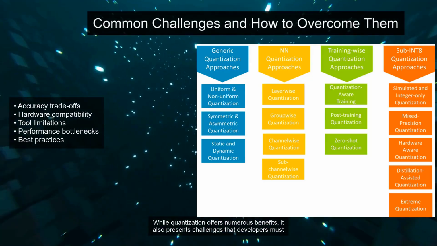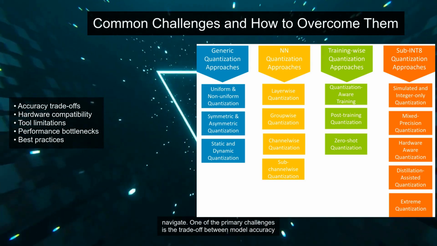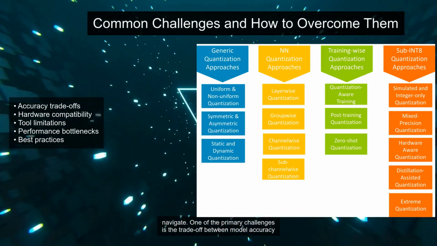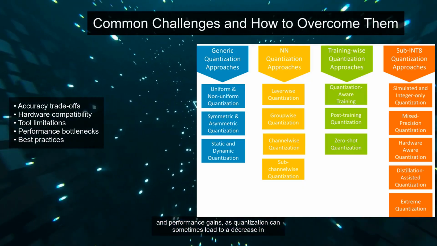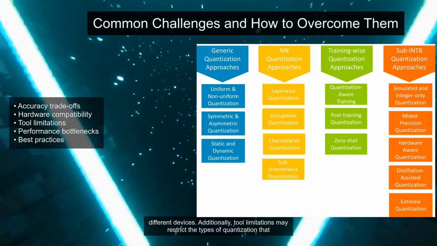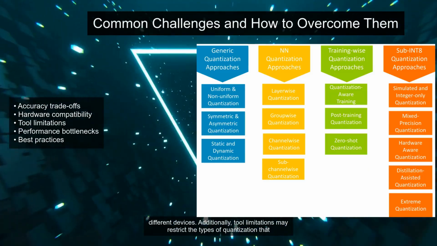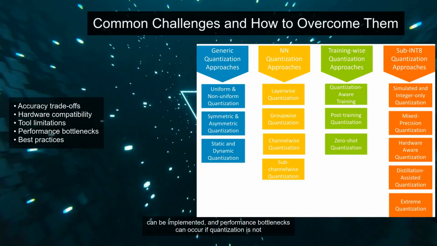While quantization offers numerous benefits, it also presents challenges that developers must navigate. One of the primary challenges is the trade-off between model accuracy and performance gains, as quantization can sometimes lead to a decrease in accuracy. Hardware compatibility issues may arise, especially when deploying quantized models on different devices. Additionally, tool limitations may restrict the types of quantization that can be implemented, and performance bottlenecks can occur if quantization